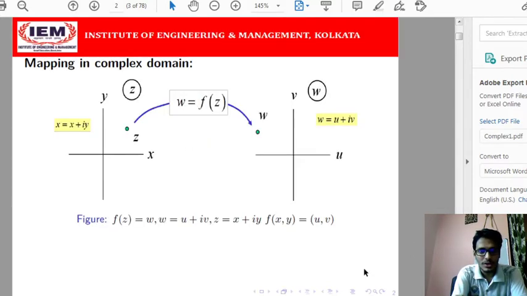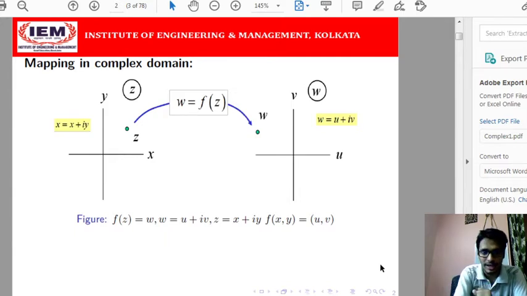First we will discuss what we mean by a mapping or a function, what the geometrical consequences of defining a complex valued function are, and what different sorts of mapping or function we can define in the complex domain. We have already defined what a complex valued function is. As I have told earlier, whenever we define a complex valued function, a total of 4